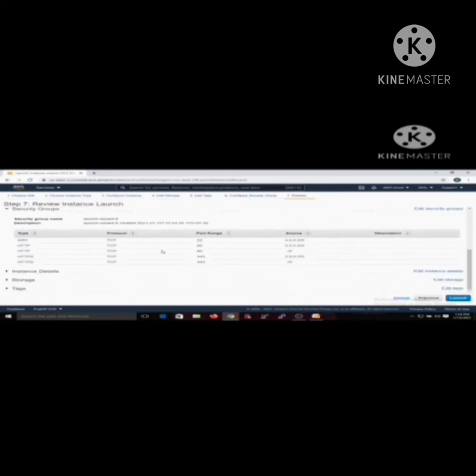Then click next to configure security groups, add HTTP and HTTPS and change the custom setting to anywhere. Then click review and launch. You can edit that. Then go to launch.